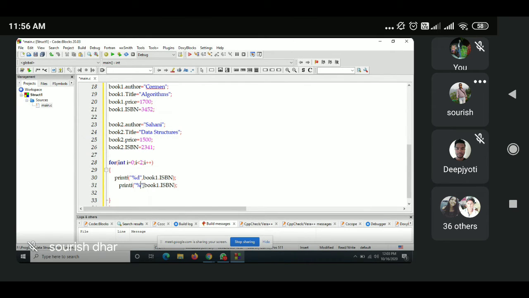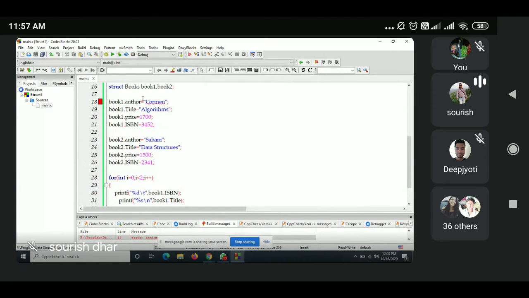It should be percentage s. Book1 dot title. And here you should give at least a percentage s. You give slash n. Here I can give slash t. Okay, let's start and let's see how it works. What is the problem it is showing? Okay, wait a minute. Array type.